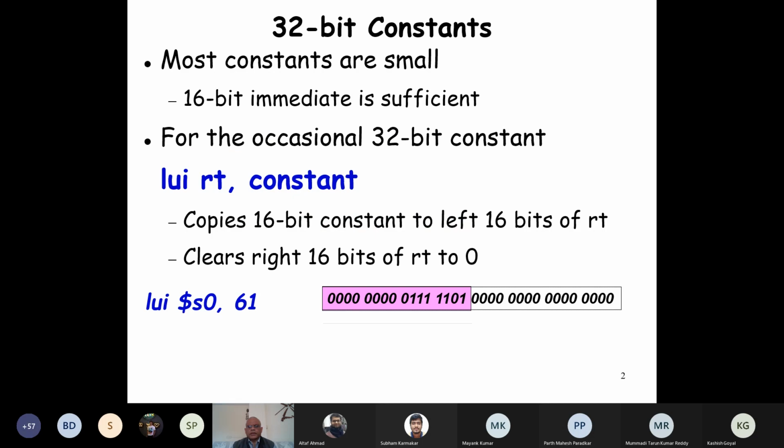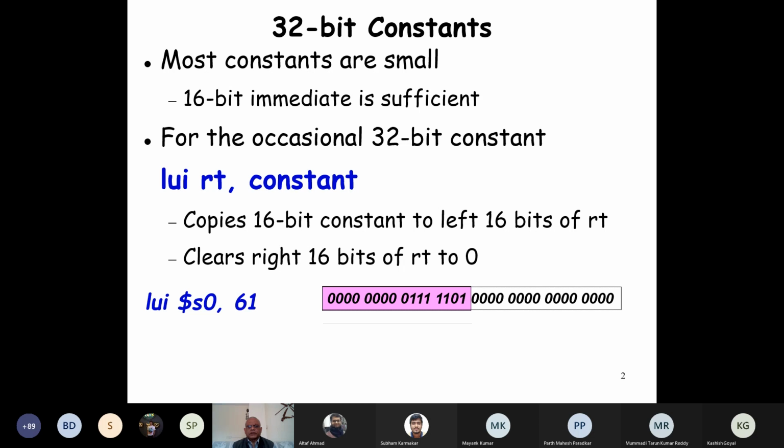In the last class, we were trying to see how to represent 32-bit constants. We know that the immediate operand is 16 bits, so we can easily deal with 16-bit constants.